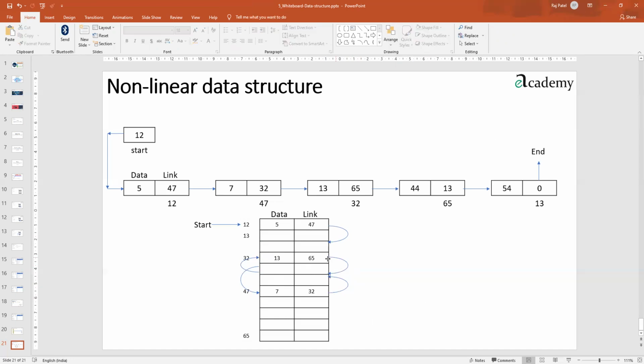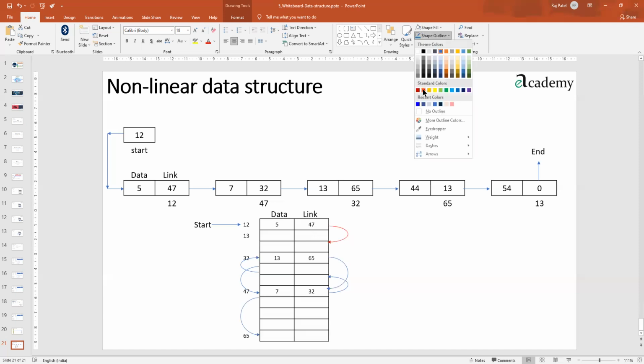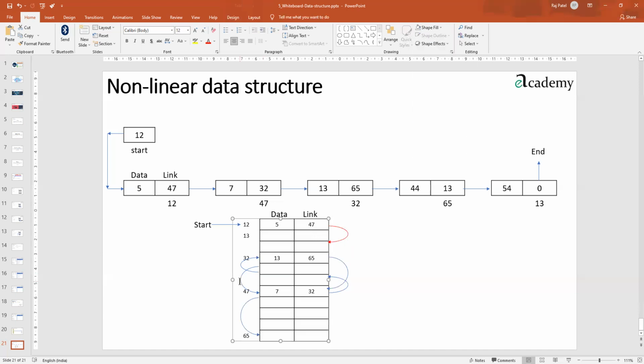Okay, so this 65 is from here coming up there, and from here it is going down over there. So let me say that will go down like this to the 65th box. Okay, and on this 65th box, I'll also color a few things so that it becomes easier for you to understand. This red box from here was coming up there, and it was going to box number 47.